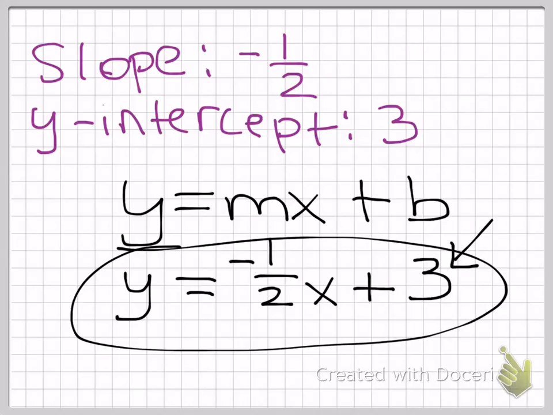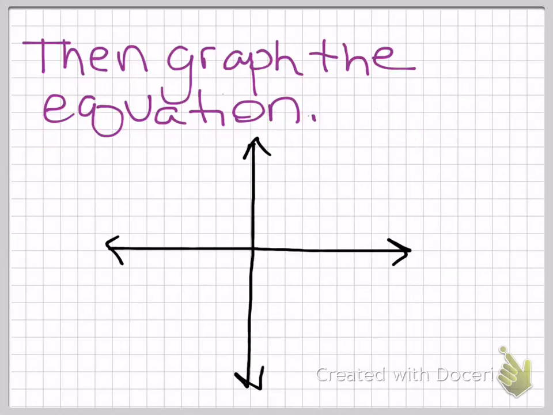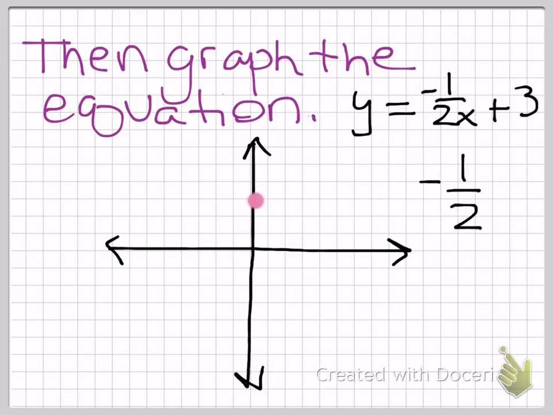So my equation is y equals negative 1/2 x plus 3. So I'm first going to put a point at 3 on the y-axis. And then I'm going to use my slope to continue graphing. So my slope is written as negative 1/2. If it is not written as a fraction, I would write the slope as a fraction. Let's say it was written as just a whole number, such as 3. I would write it as 3/1,